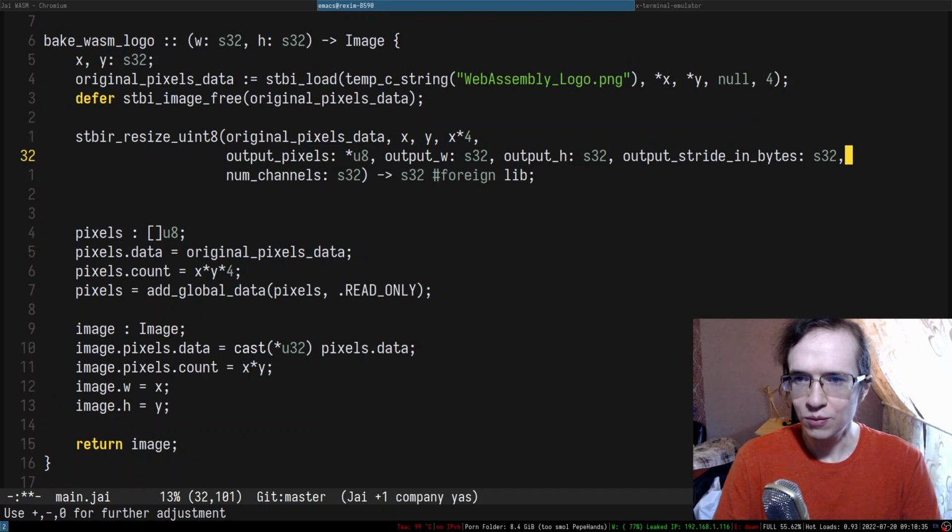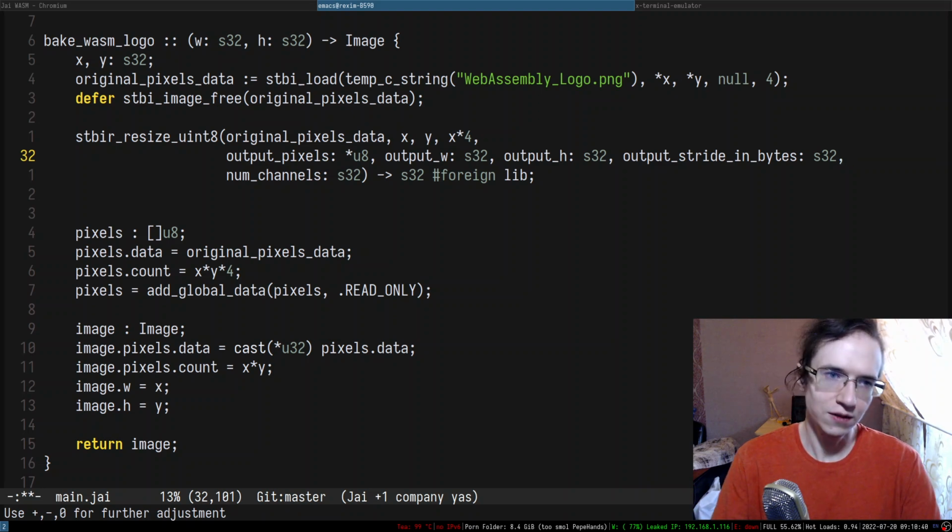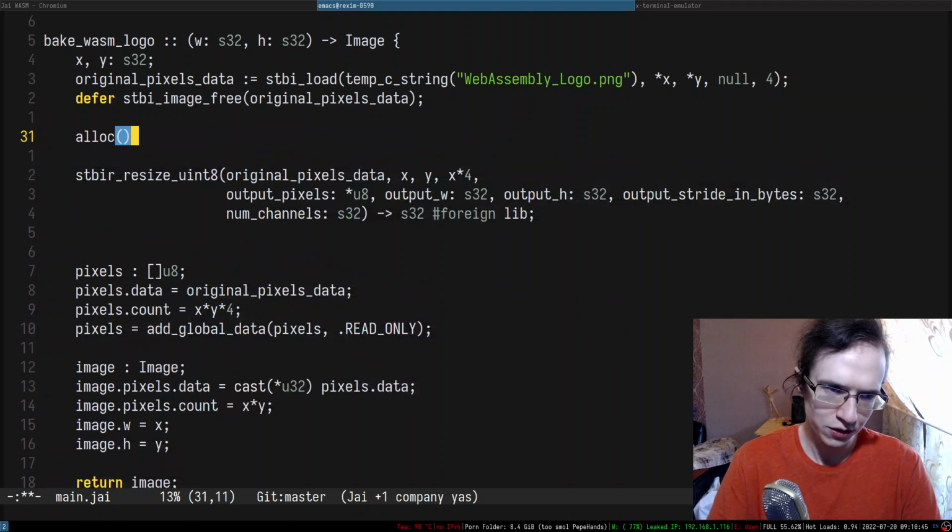Right, so we also need to come up with the chunk of memory into which we're resizing things. So we need to allocate some memory. As far as I know, alloc is the function that allocates things, right? So we need to allocate W multiplied by H multiplied by 4 because we use RGB 32. So we're gonna say resized pixels data, right? So this is the resized pixels data,